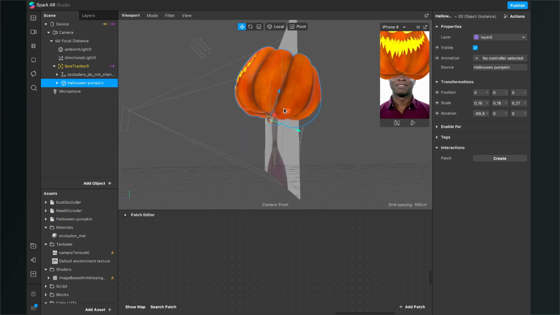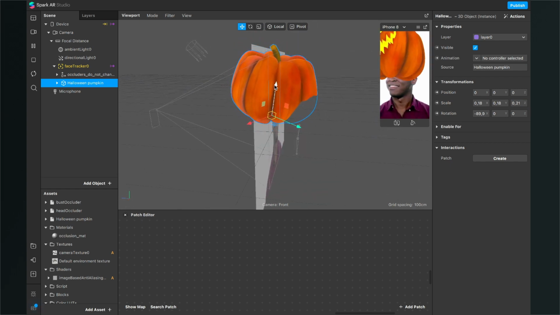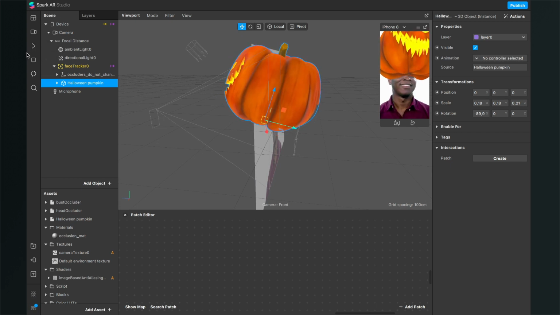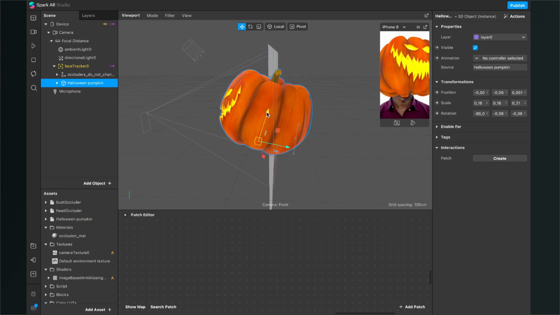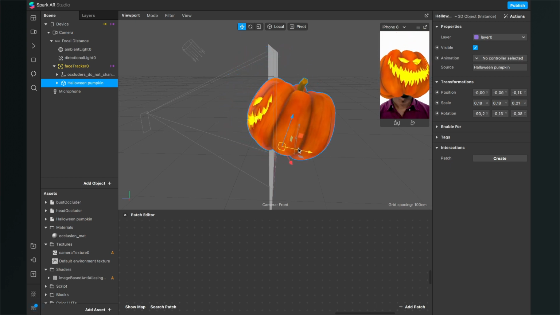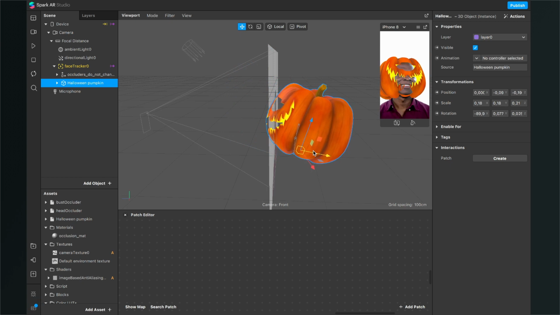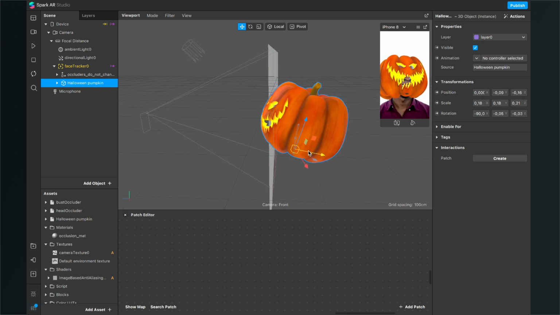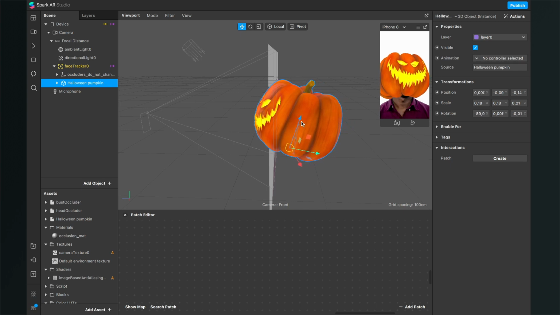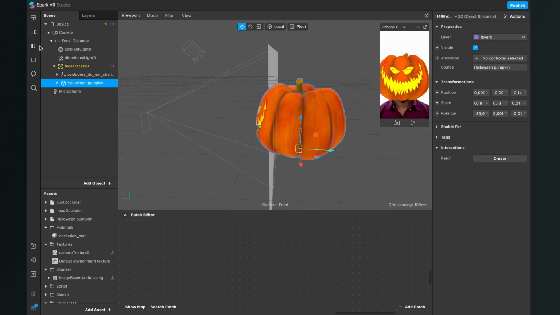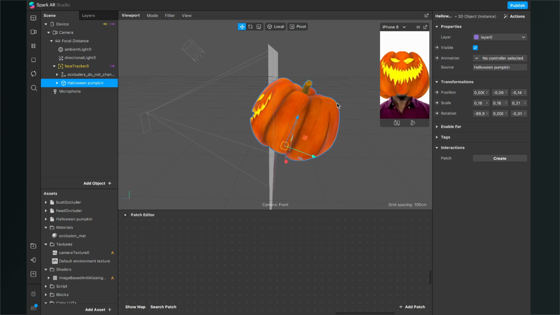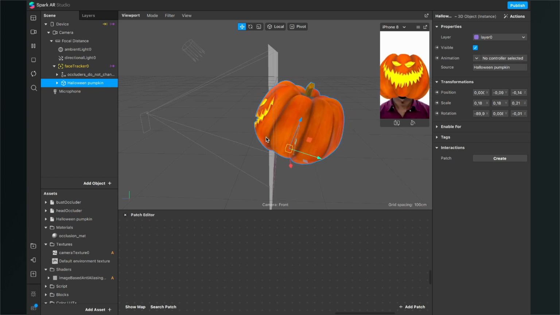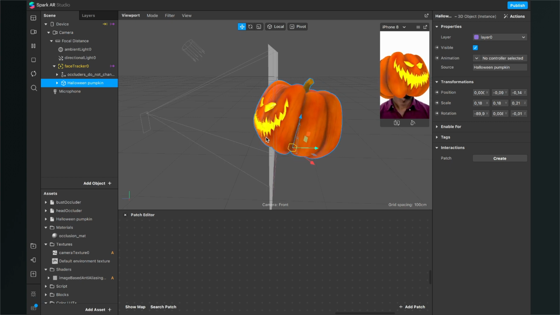The next thing is to place the pumpkin at the right position. I will pause the preview to better do this. Now you see when it goes back too far, the face comes out again. So let's place it so that it covers all the face. It depends on the model you selected, but I think we are good with that. So now we have the pumpkin moving with the face, but I will do a little bit more to get a better Halloween mood for the filter.